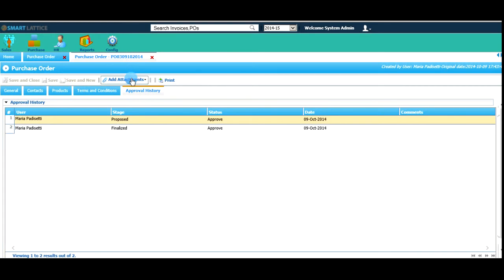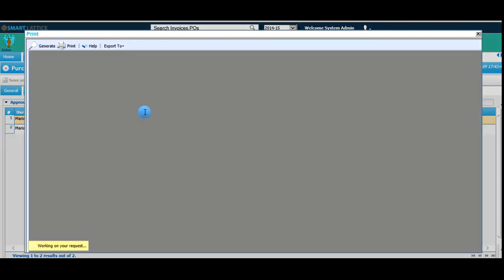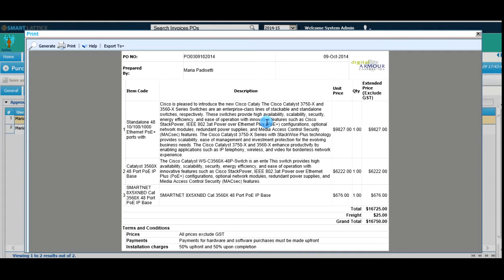If you need to add any further attachments, that can also be done. And once approved, the print is enabled. This is a sample print format,